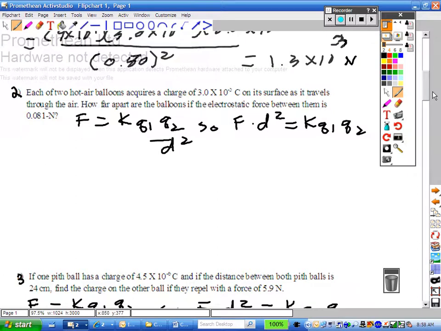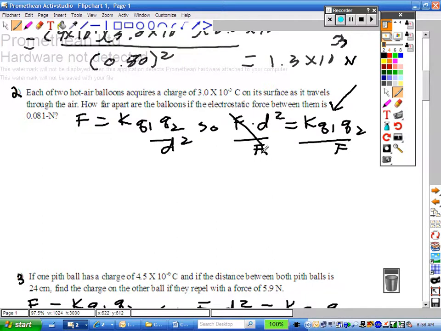All right, number 2. These are hot air balloons. Now, in this case, what we're solving for is how far apart they are. So we would wish the d to not be in the denominator. If you multiply both sides by d squared, then you have, as you see here, the d in the numerator, and we simply need to get rid of the force. So if I divide both sides by the force,